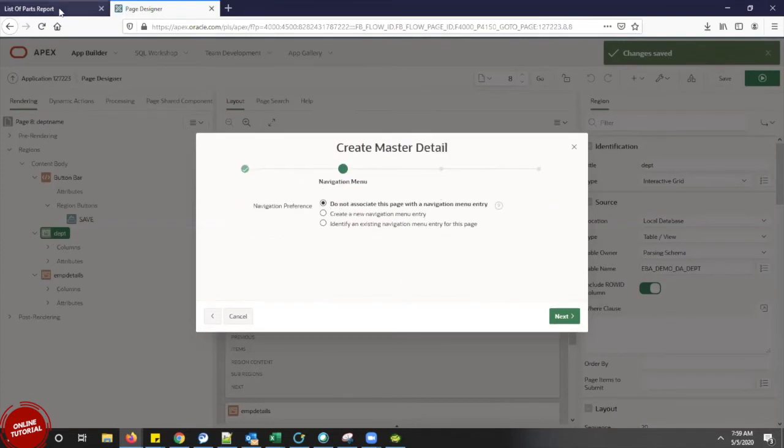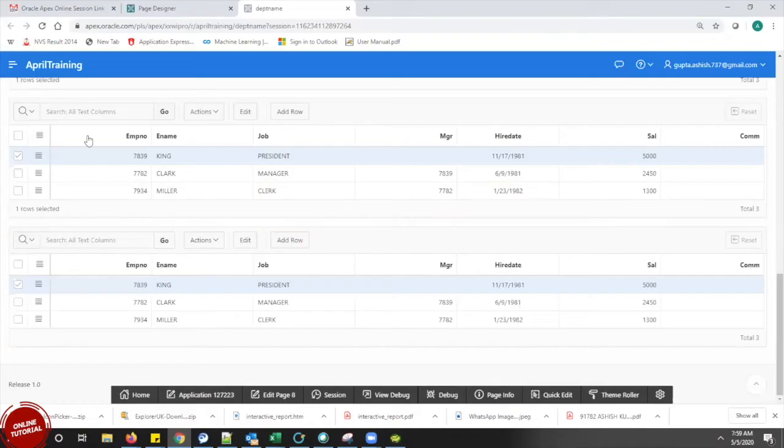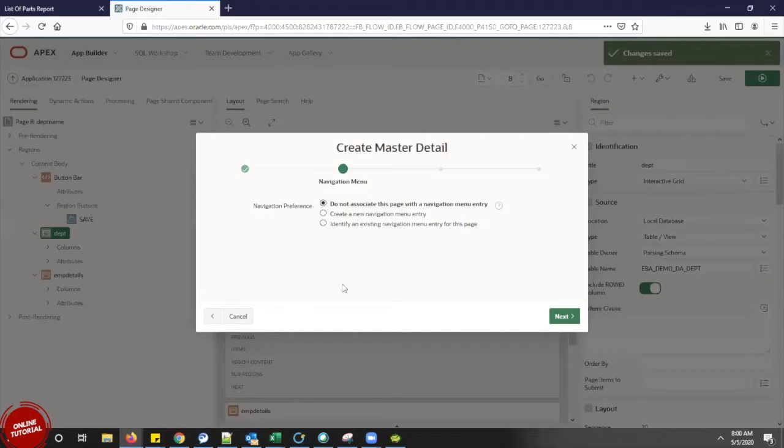Basically, we will link this column, this row ID or row selector, with the other, and we will make this dynamic. That is possible with a dynamic action. What the dynamic action will do is, as soon as I select this, it will invoke my next row here, and this row is going to invoke my third row down below. That is what I will do.